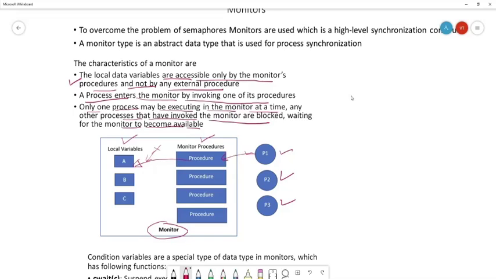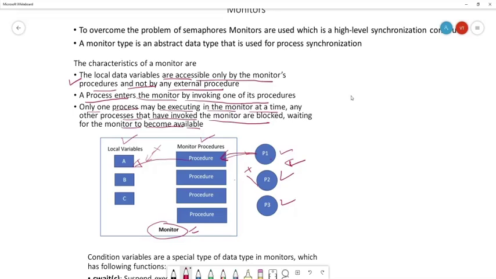Now another thing is, when P1 is in the monitor, P2 cannot enter the monitor. So at a particular time, only one process will be in the monitor. In this way, the monitor ensures mutual exclusion.